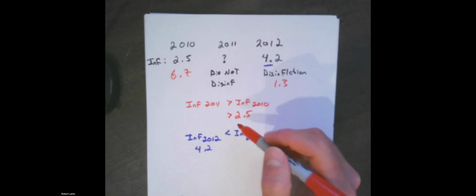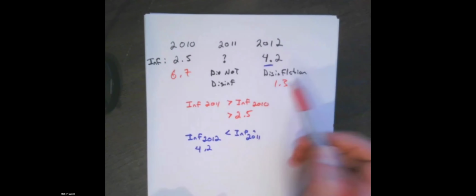Because if it's greater than 4.2, it has to be greater than 2.5. If this number was larger than the other, those greater than and less than signs might not be the exact same thing. Okay, so I just wanted to make that point because the numbers work out this way in this example. And it probably would help if I wrote this out in the same order. So just so you can see that, if I flip this around, all I'm really saying is